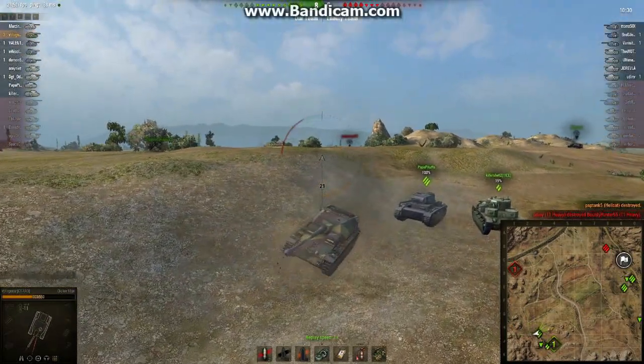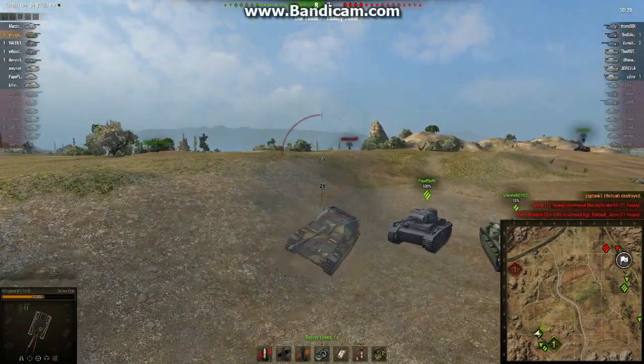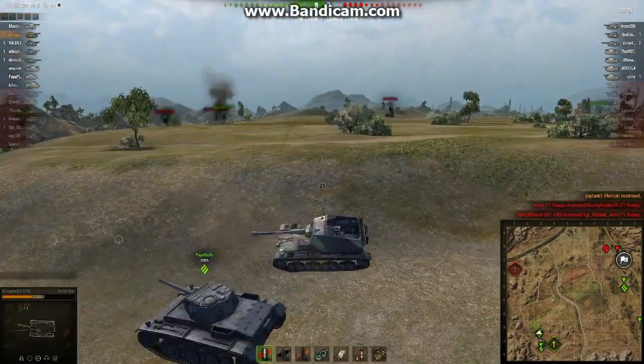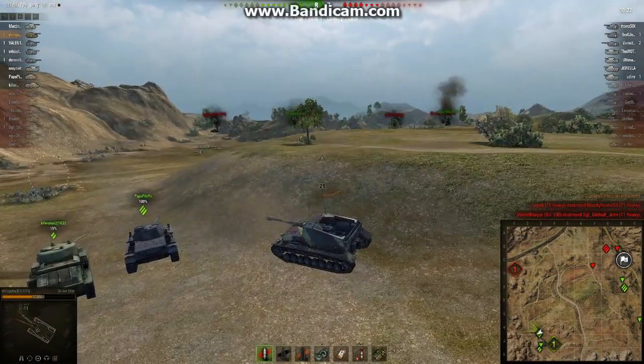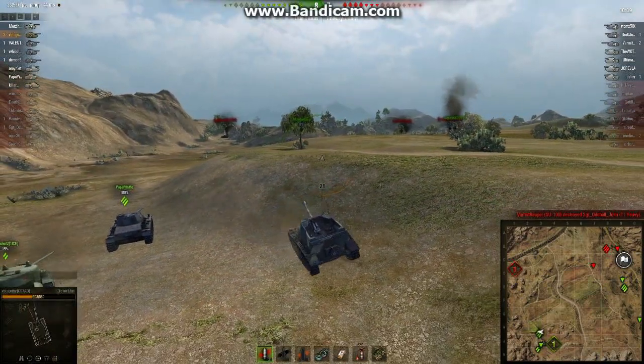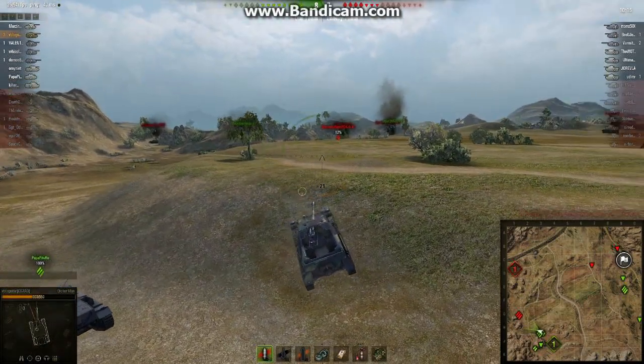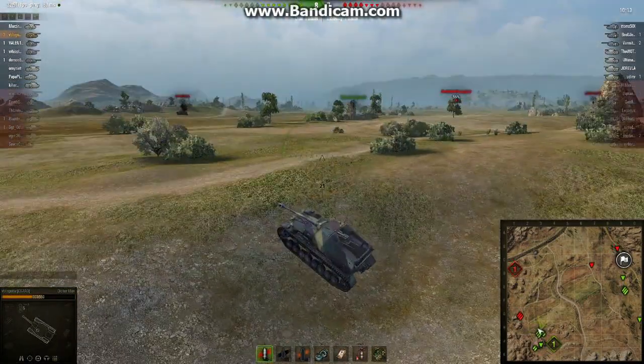So always be patient with your shots, especially with the Dicker Max when you get in close combat like this, because you have a long reload time, and so you need to be patient and wait till you can actually get the shot. Try not to fire, unless you're in a very safe position, try not to fire extra shots because you only get one. And if you get hit,